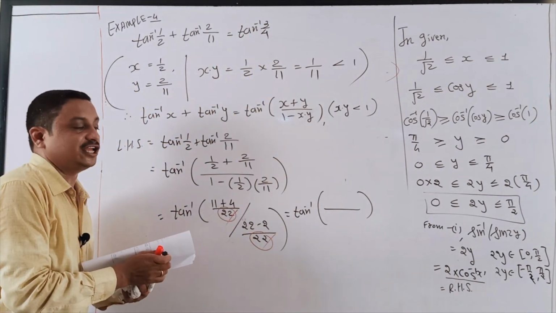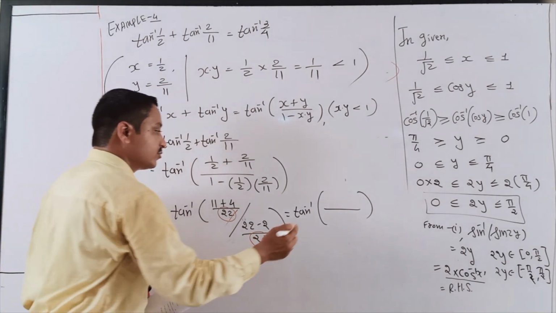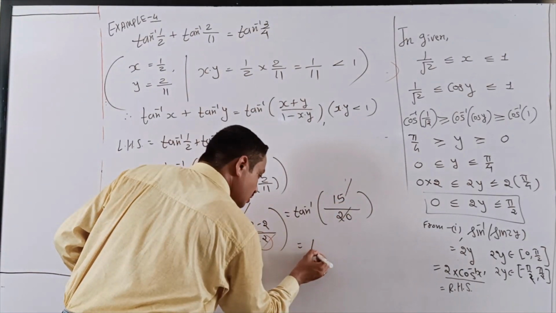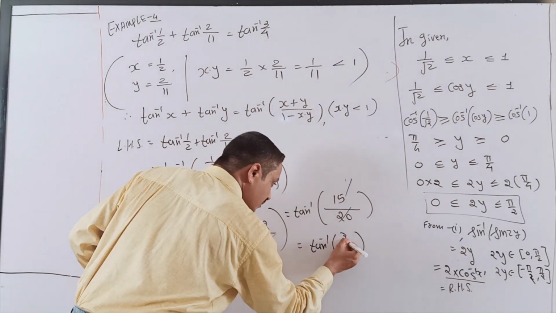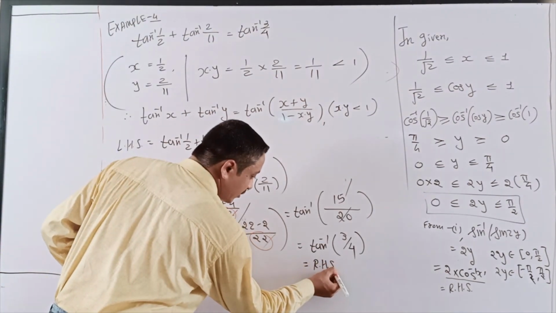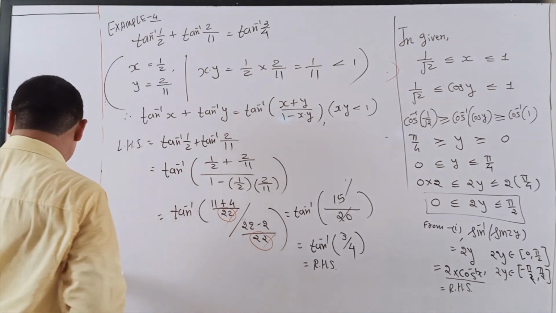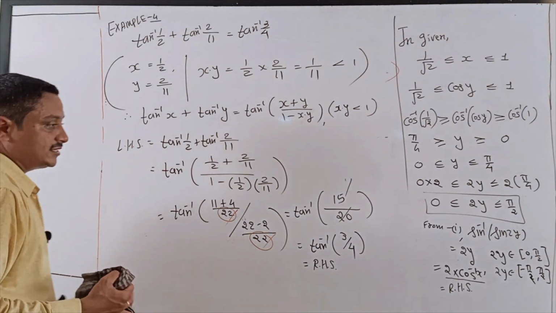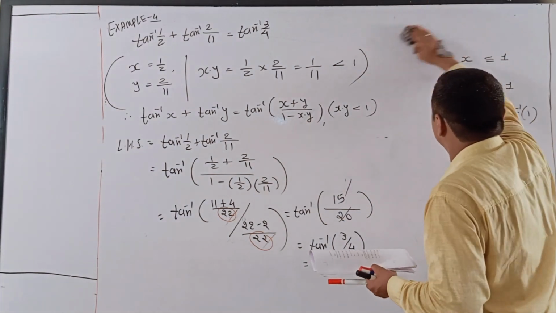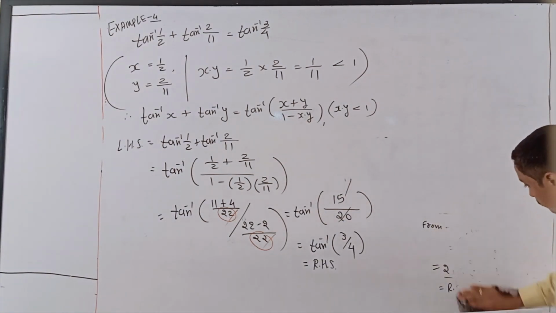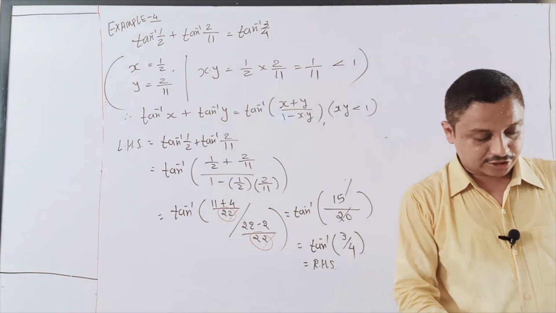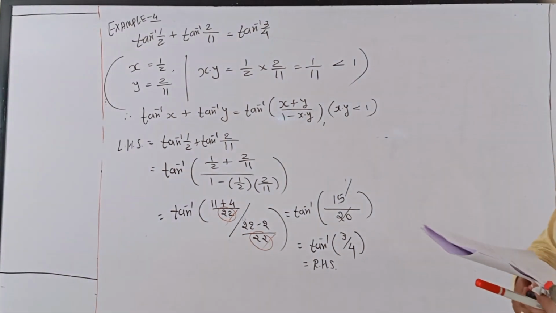Answer, only the cutting is remaining. The 11 plus 4 is 15, and here 22 minus 2 is 20. Cutting down, so tan inverse 5 3s are 15 and here 4 5s are 20. That's my RHS. And very easily this numerical is done. Students, it's very simple. But our theorem, you must write it down, compulsory in the exam also, and you get 2 marks easily. Continue. Example 5.